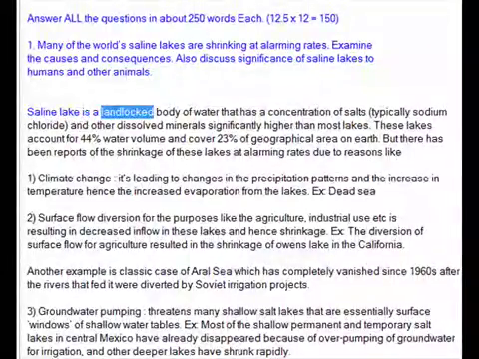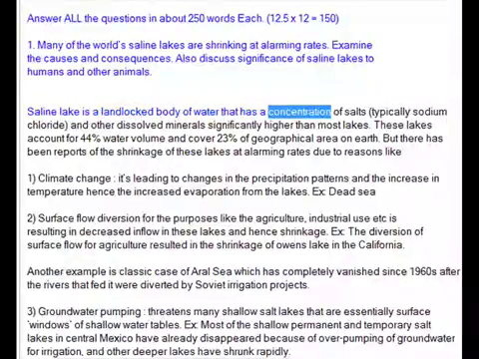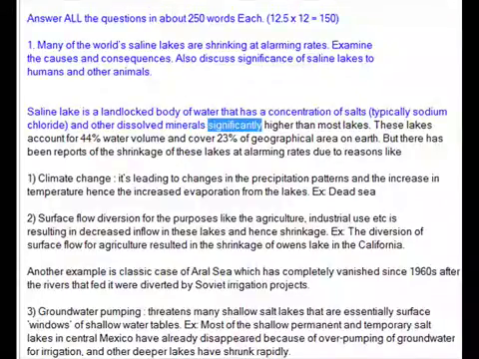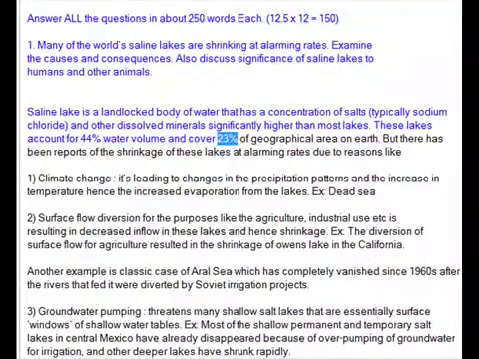A saline lake is a landlocked body of water that has a concentration of salts, typically sodium chloride and other dissolved minerals, significantly higher than most lakes. These lakes account for 44% of water volume and cover 23% of the geographical area on Earth. But there have been reports of the shrinkage of these lakes at alarming rates due to reasons like: